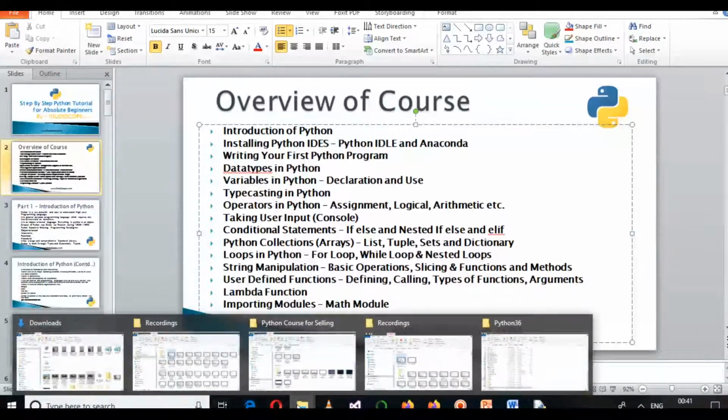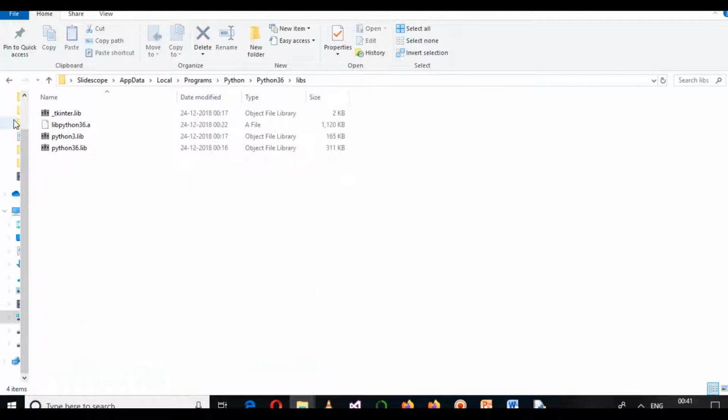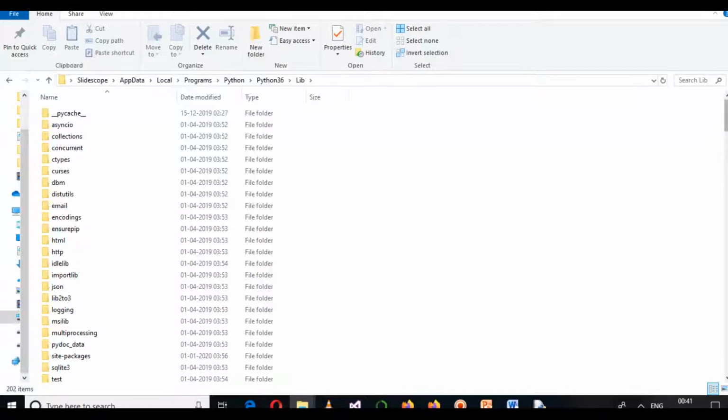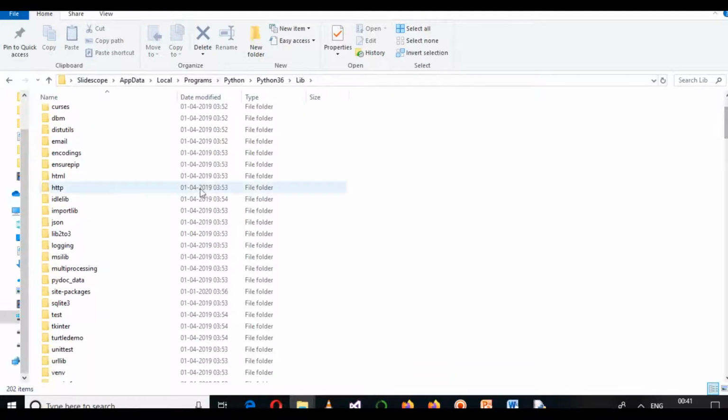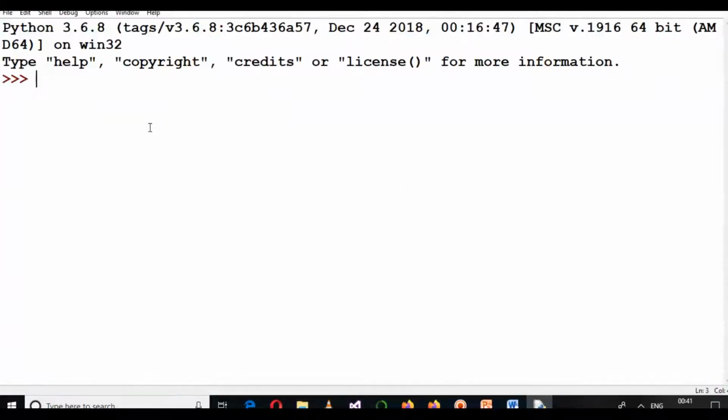If you go to your Python installation folder, you will see some folders here. The lib folder has some libraries. You can see http library, json, sqlite, tkinter. There are various libraries here. Whenever you install Python, some libraries are installed with it, and using IDLE you can